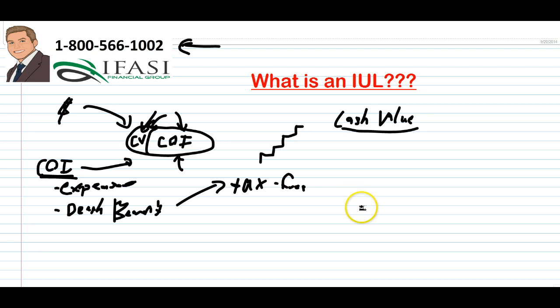What makes a good cash value growth regarding this specific company, because all the companies offer these types of permanent policies, but what makes good cash value growth versus a bad cash value growth is the percentage rate that is credited on top of the premiums that are placed into that cash value. So remember, one side is going to the cost of insurance, everything remaining is going into cash value. That cash value is also sitting in an account that gets credited on an annual basis. So what distinguishes a good company from a bad company is what would give you the best chance for a very favorable percentage rate increase on that cash value side.